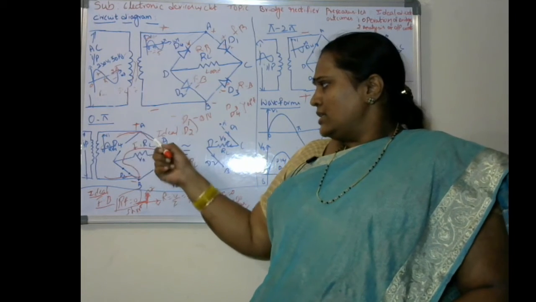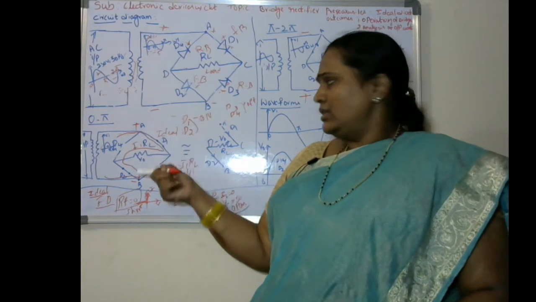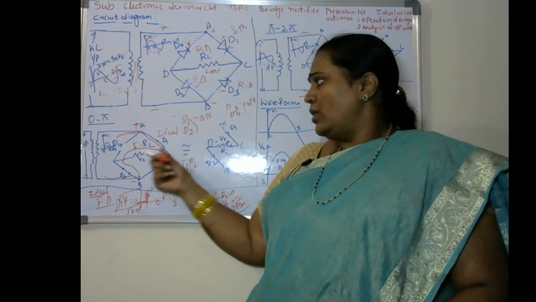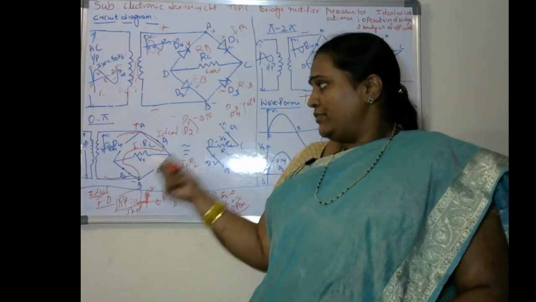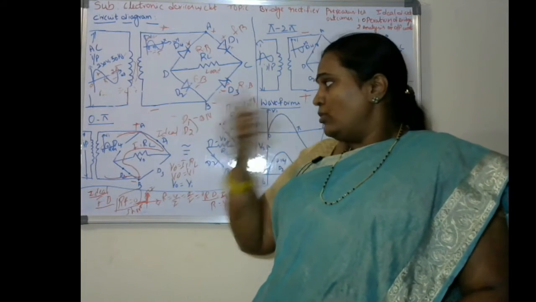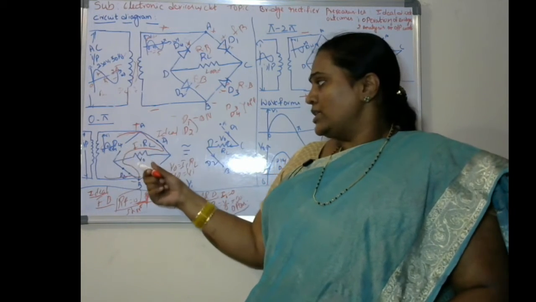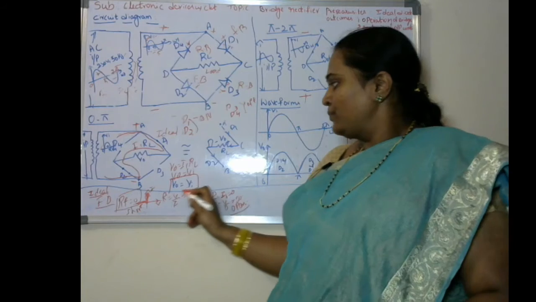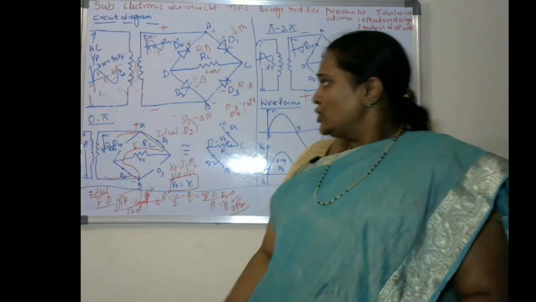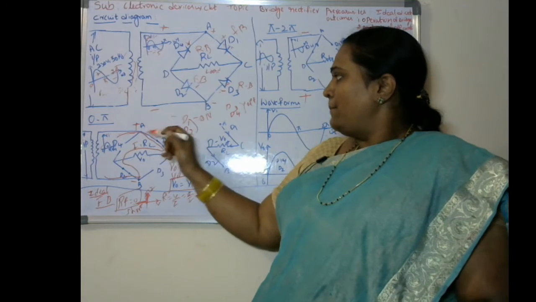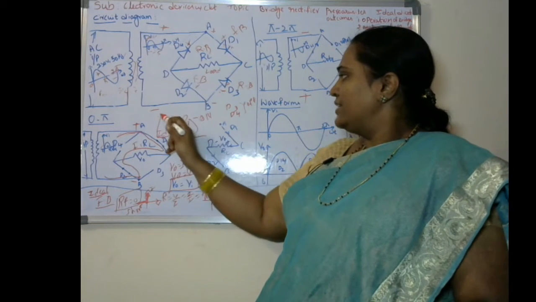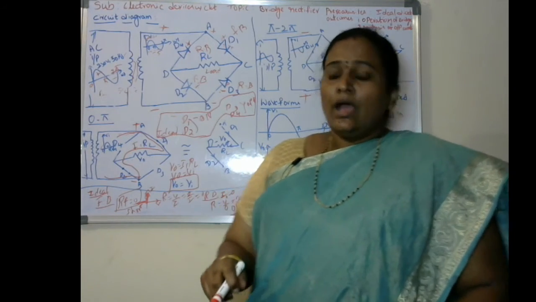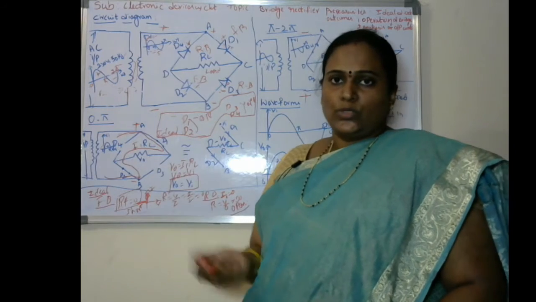Since we are assuming these diodes are ideal, the forward resistance is 0, so no drop will exist across the diodes. Almost all the current is going to flow through the RL. So whatever input voltage we apply, we get the same output voltage. So V0 will be equal to Vi. Mainly we have to remember that in the 0 to pi condition, the diodes D1, D2 are on and D3, D4 are in the off state. There exists a closed path, so we get the output voltage.